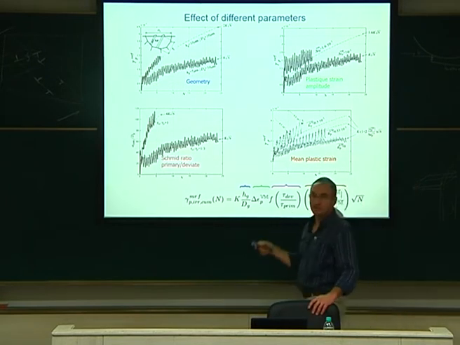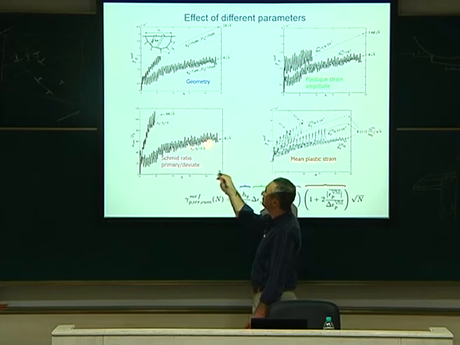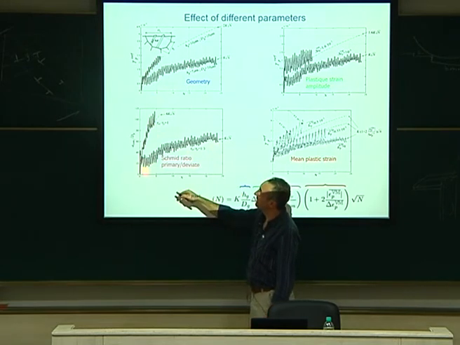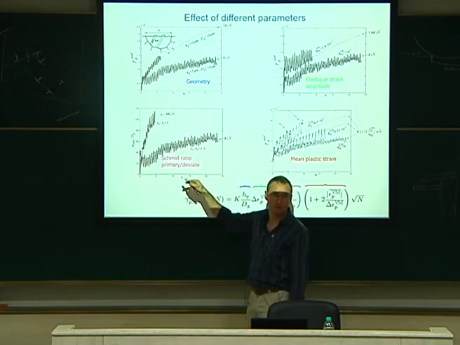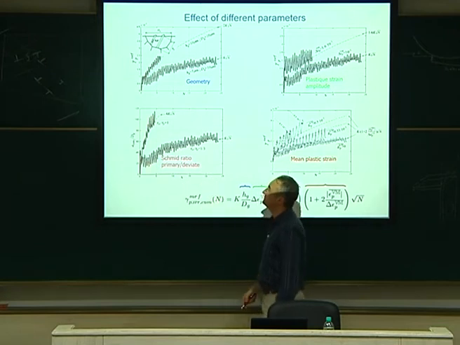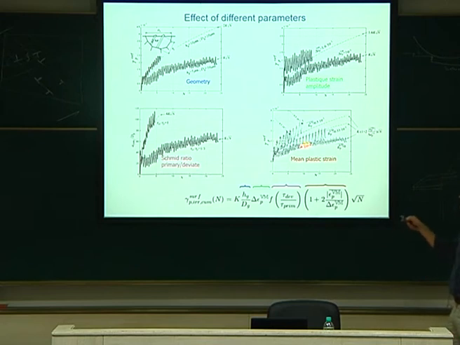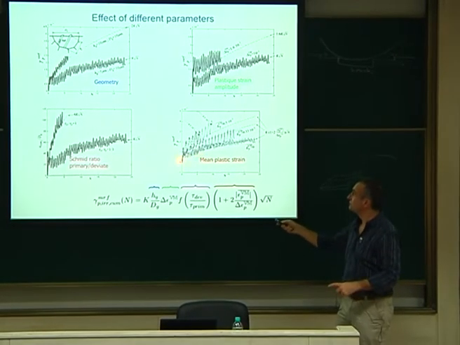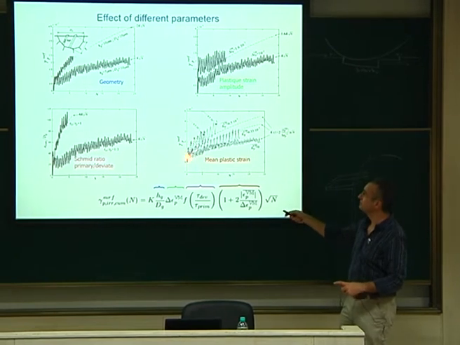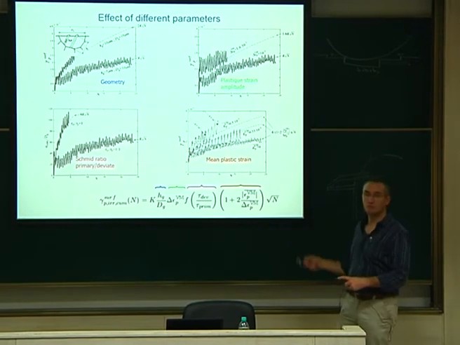Here is the loading state. If you are pure shear, you have this behavior. If you are double glide, it's a lot more complicated for the material. It's more irreversible, so more damage. And here's the mean plastic strain. So now we are applying a strain which is not oscillating around 0, but it is oscillating around a value which is non-zero. For example, a positive value, 0.3 or 0.5 here. So if you have a mean strain which is non-zero, it is more damaging than a zero mean strain.